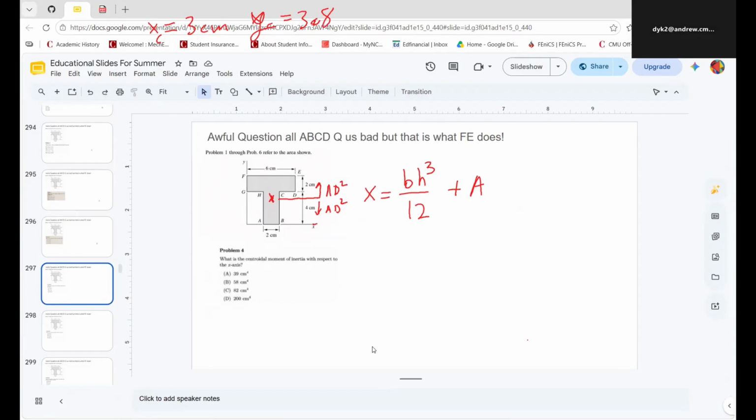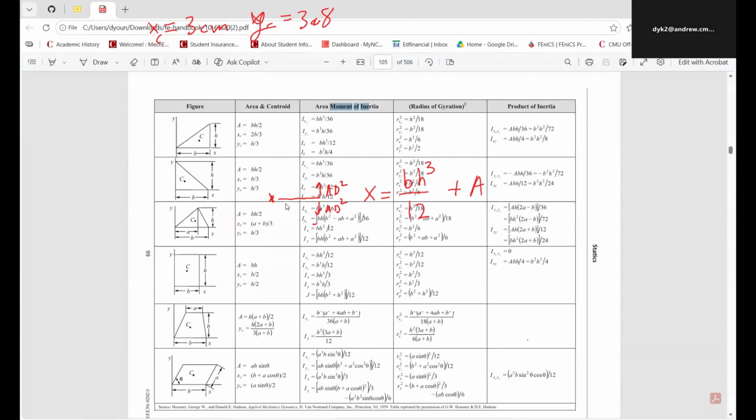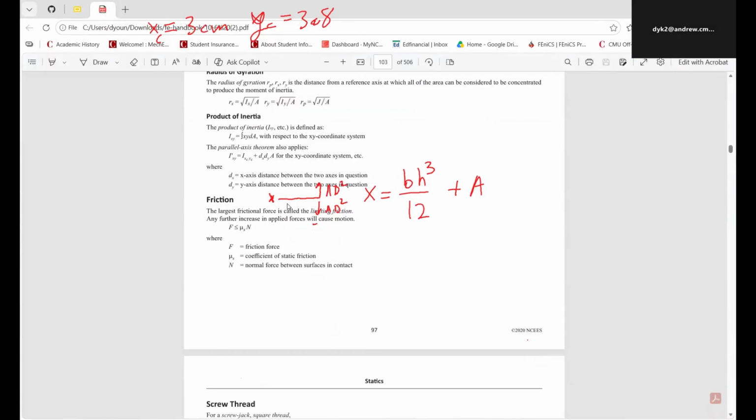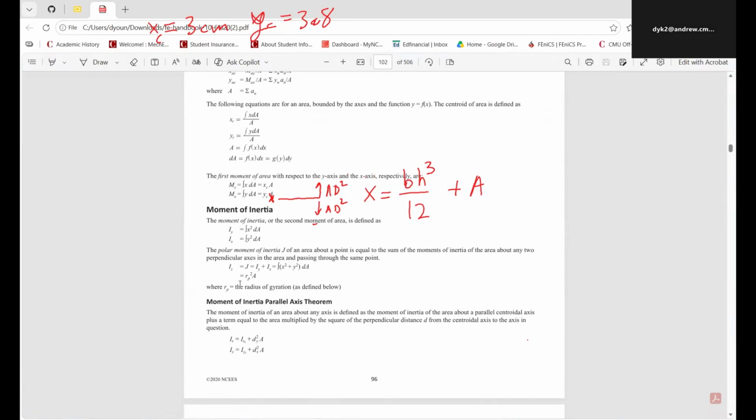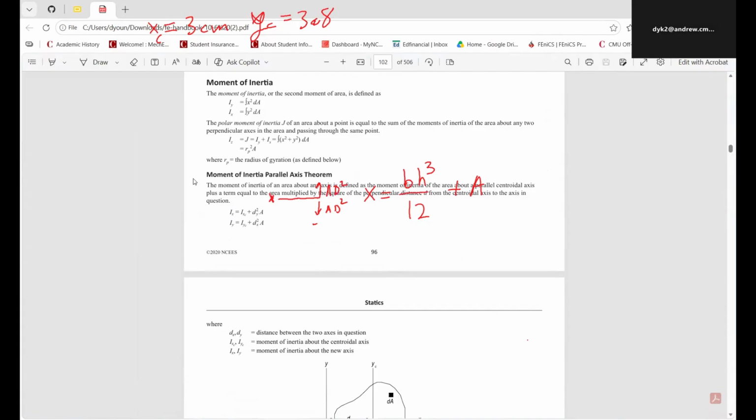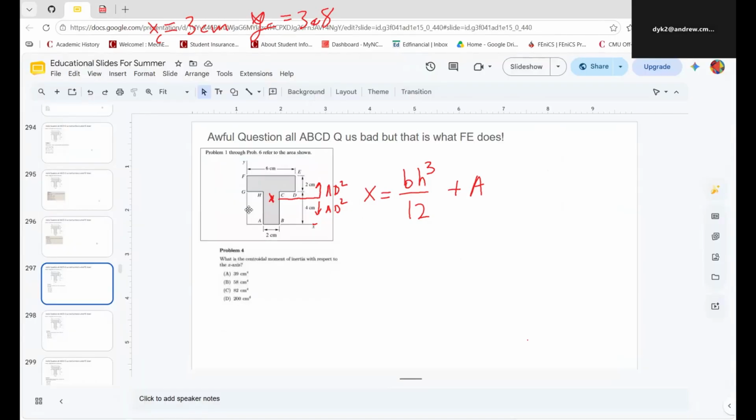Honestly, we just have to figure this out, which if I remember correctly, for the x direction, the moment of inertia is on the y. It's kind of reversed, I call it reversed in a way, if I remember correctly. Let me look over here and see if that's true. You see over here it's the parallel axis theorem. Here is the dy. So basically, it's the difference between whatever this point is, so that's 5, minus 3.8. And then plus BH cubed